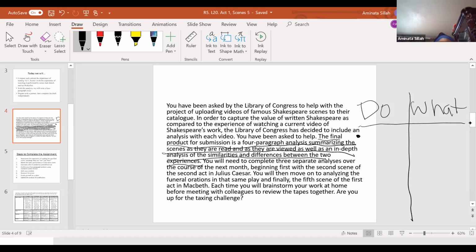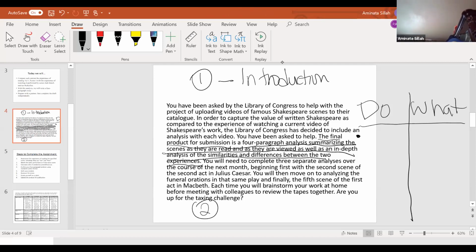Thank you. So our first paragraph, as we always know, is going to be our intro. So I'm going to go ahead and put the introduction on the top. So that's number 1. And then we know we always end with our conclusion. So I'm going to put that on the bottom as our conclusion. Now, what we need to think about is what the body paragraphs are going to be in between this intro and this conclusion, right?